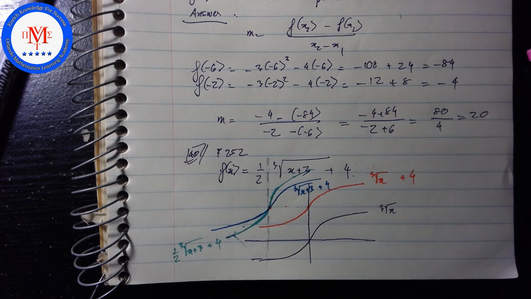But if we want you to really graph it, then you have to consider the accuracy of each one. For example, if they really want you to graph this function, you have to put into consideration